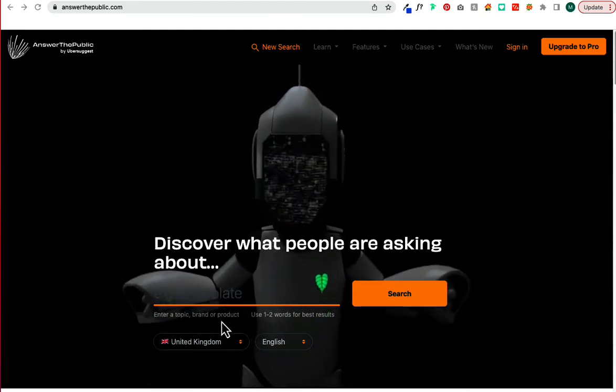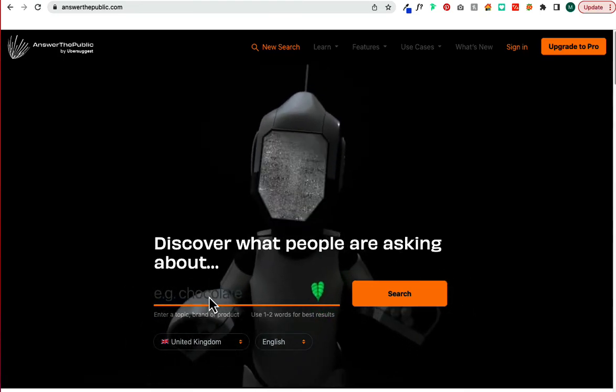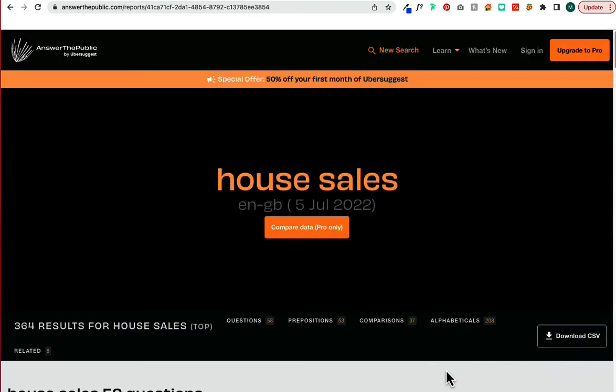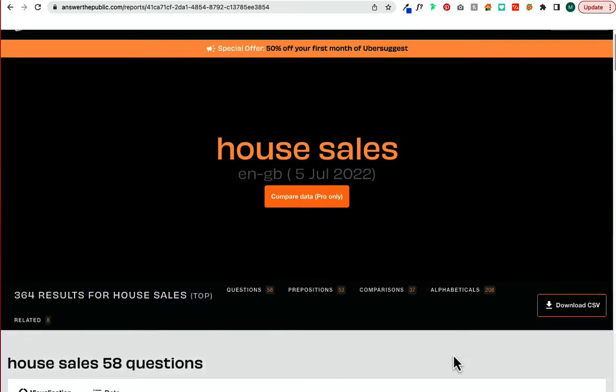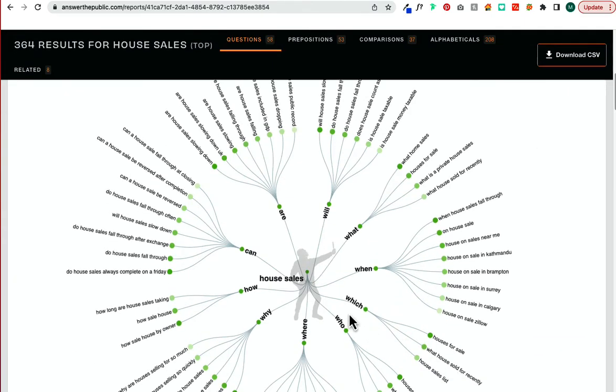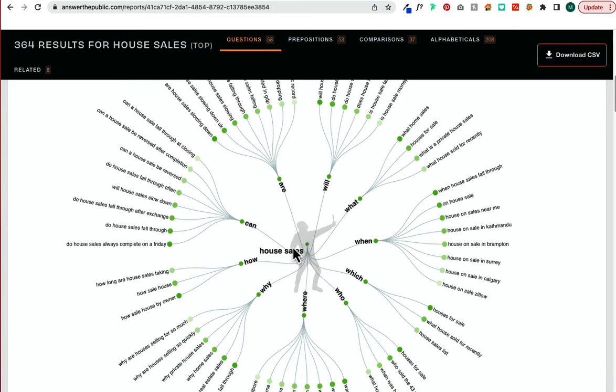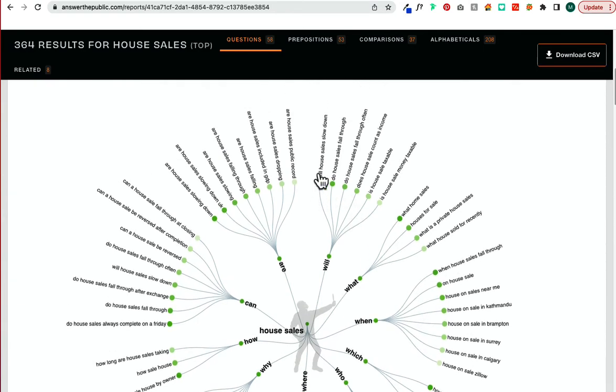If you're an estate agent and you wanted to write a topic on house sales, we put in house sales and you push search. So based on the search house sales, these are some of the topic areas that come up. And if you look here, you can see how it has divided up. You have house sales, which is the word that you used, and then it has the spokes of topics that are off of those. So house sales will, and then if we look up here, it says, will house sales